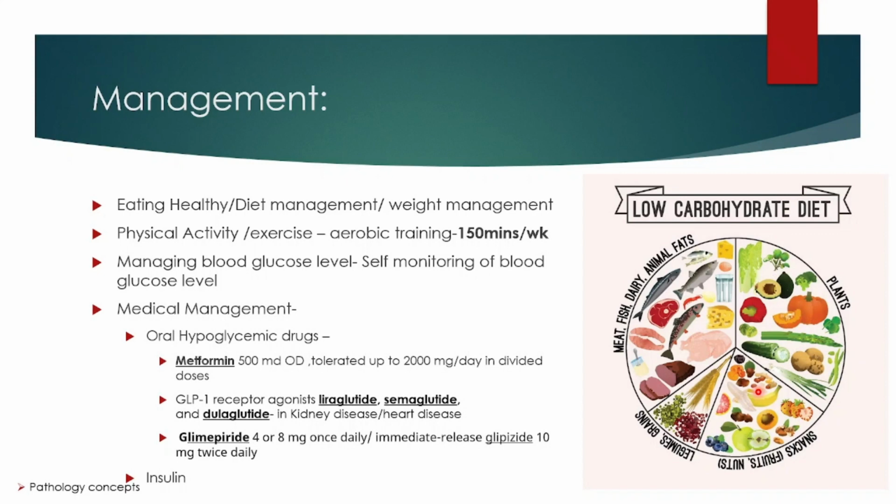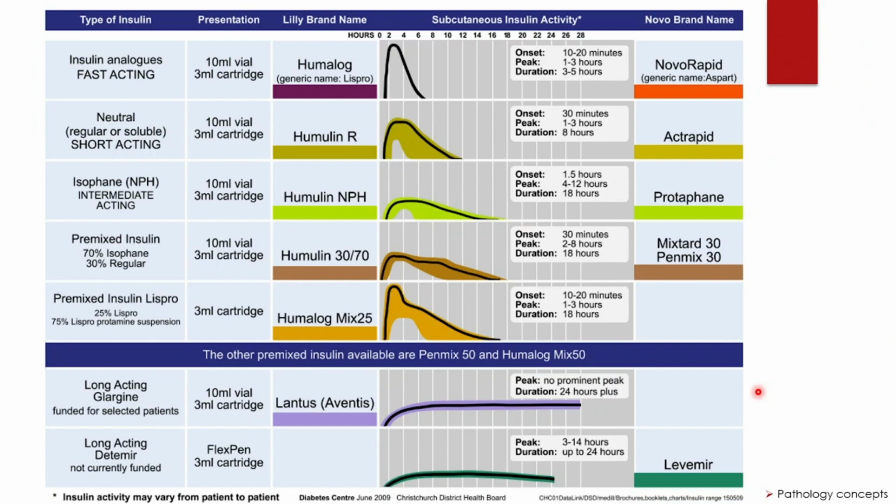Medical management. Oral hypoglycemic drugs are used, and they are metformin, semaglutide, dulaglutide, glimepiride, gliclazide, glipizide, and subcutaneous insulin is recommended for daily management of patients with both type 1 and type 2 diabetes. When glycemic control is not achieved with oral hypoglycemic drugs, insulin is started in patients with type 2